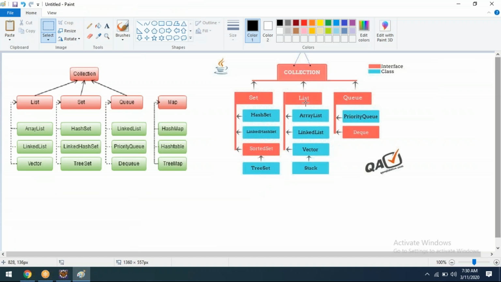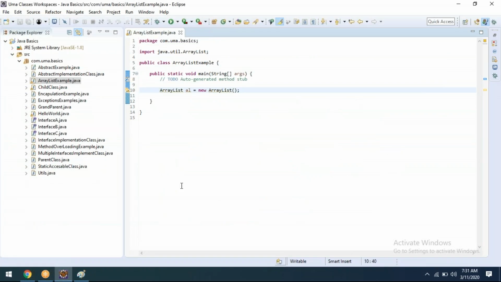What we did, in a sense, by using collection under list, we have ArrayList, and there we are creating an object. First point, whenever you want to use any collection, you have to create an object. We created it. The second point is to insert the values. Here just an empty ArrayList is created. Getting my point? Now we want to insert the values.